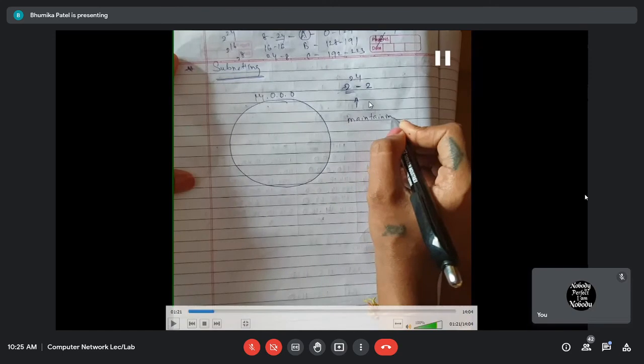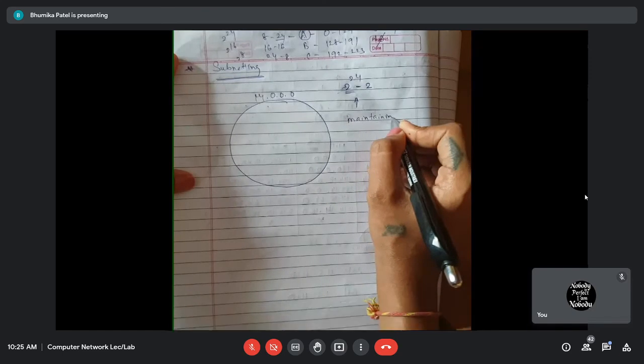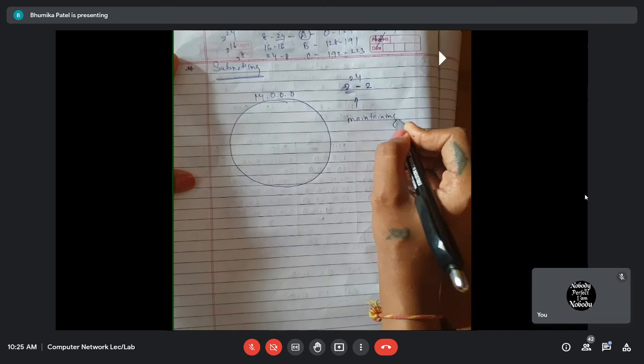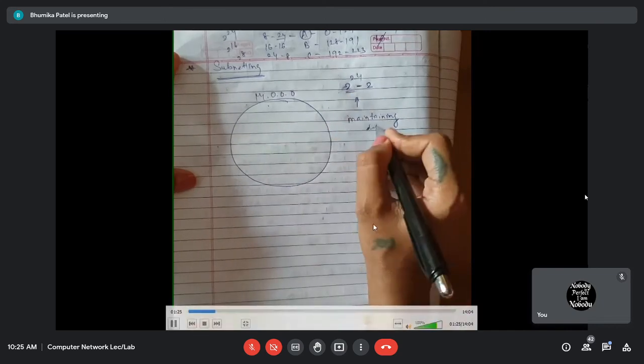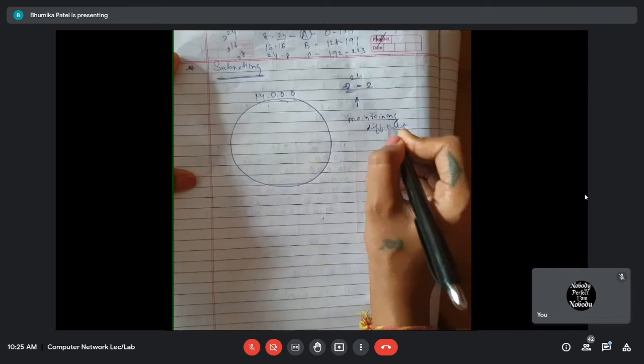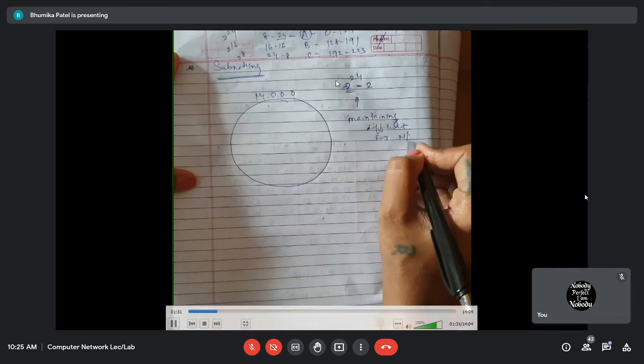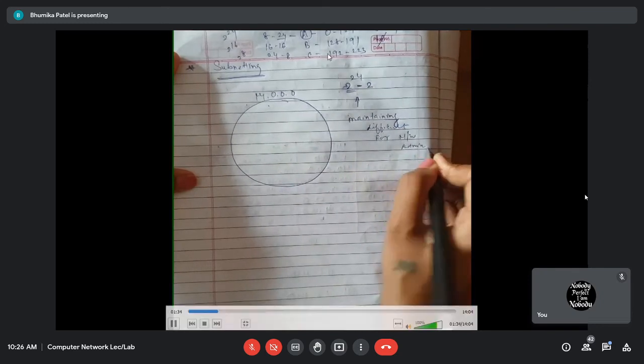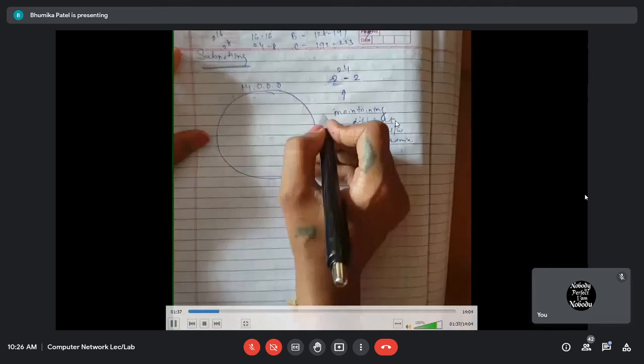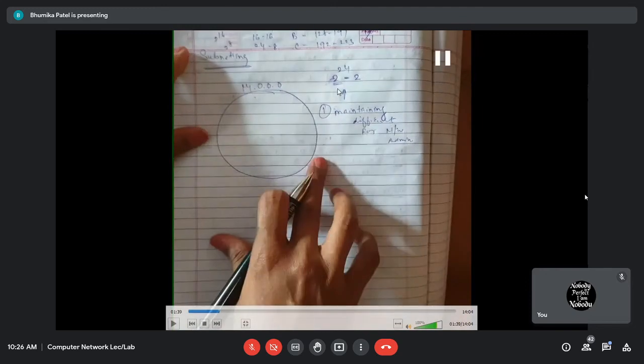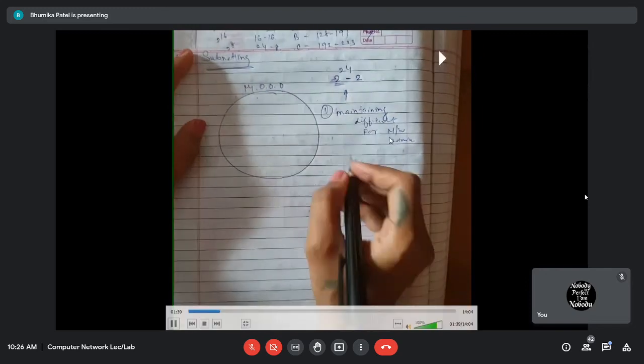So it becomes difficult for the administrator who handles your network, right? There will be one administrator. So it will become the headache for that administrator to maintain all these IP addresses or all these many hosts, because how many devices are there? 2 raised to 24. So it will become the headache for the administrator. Okay, so it will become the tedious task. Second problem will be what?